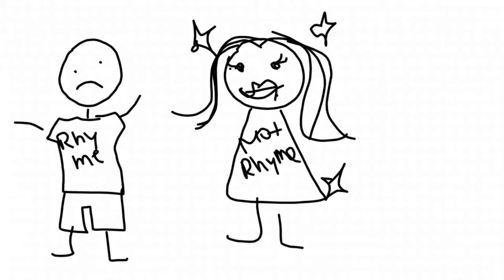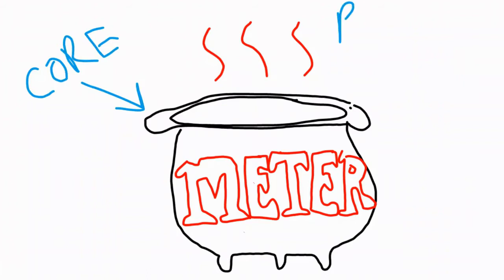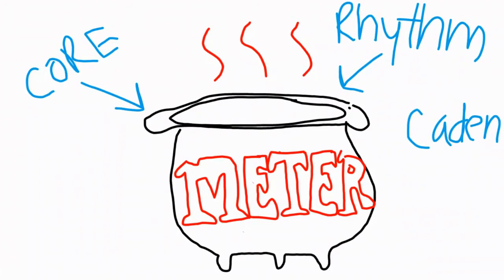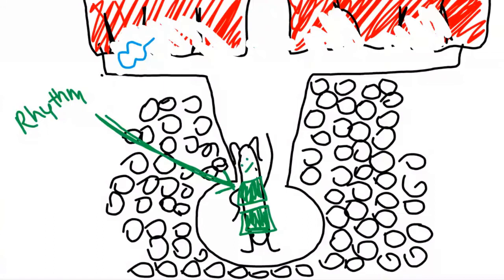What you do need in poetry is something called meter. Meter is the core of what makes poetry poetry. It is the rhythm or the cadence that the poem follows. So a meter specifically is a cadence or a rhythm that is created by the words that you have arranged in your poem. The word order itself and the words that you've chosen create the rhythm. You don't need anything else to add a rhythm to it.